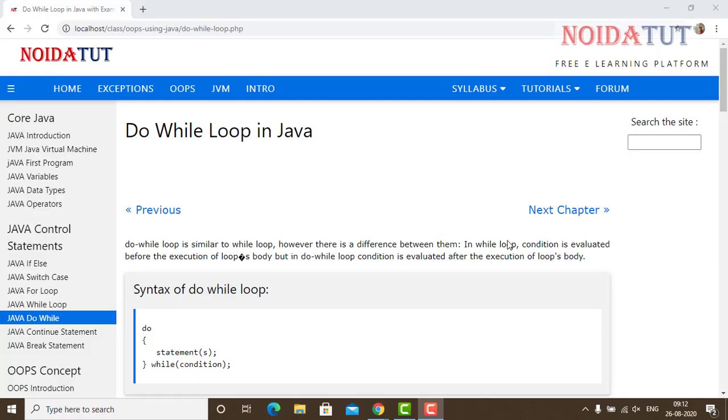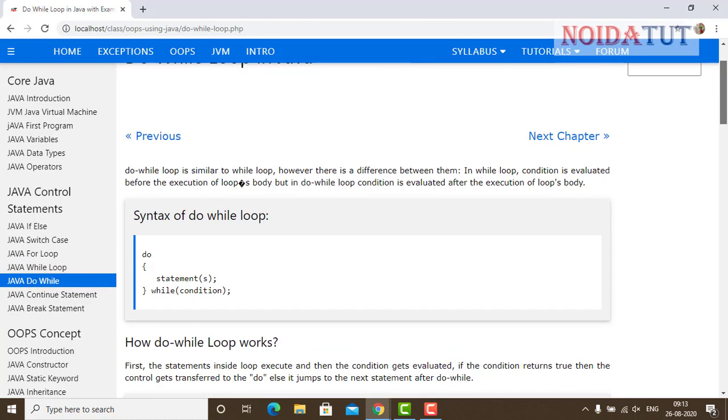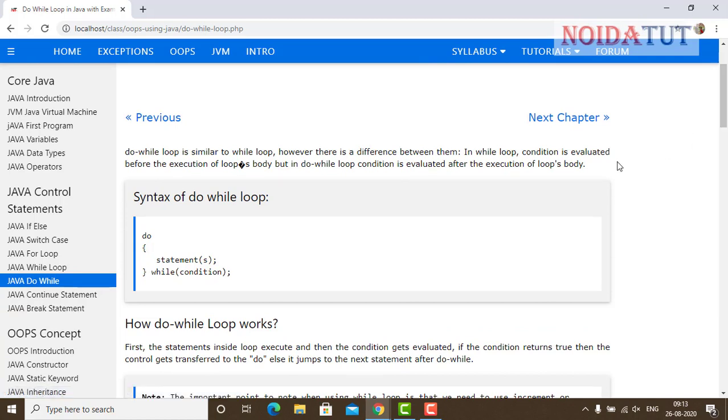Do while loop. When we are working with the do while loop, we just need to understand that even if the condition is false, the do while loop is going to run at least one time. We have already seen for loop and while loop. In for loop, the conditions are fixed and the system will run the control for a fixed number of times. In do while, what happens? Even if the condition is false, the loop will run at least one time.